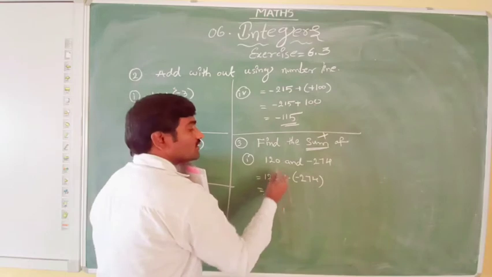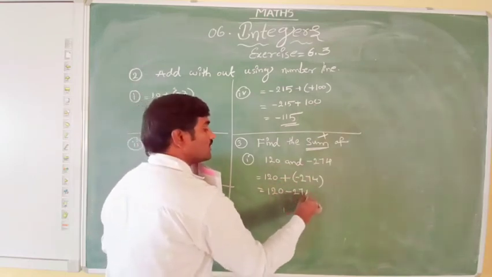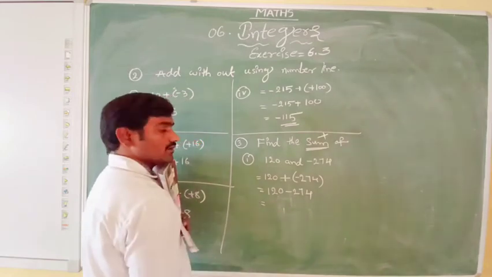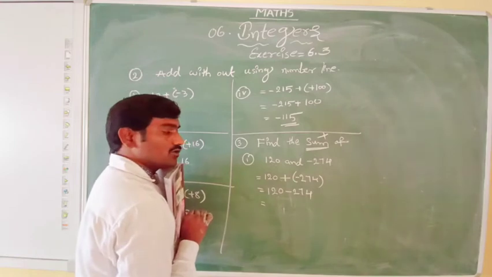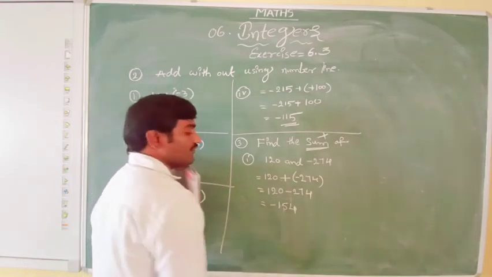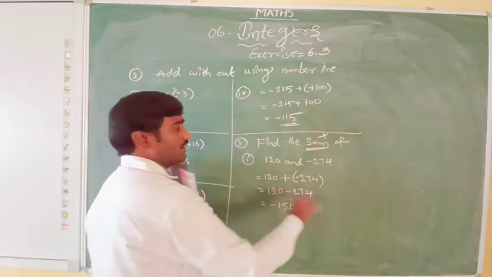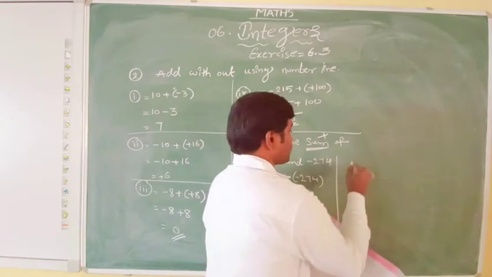Okay, these are the given numbers. I am doing sum, plus into minus, minus 274. See that from 120 you subtract 274, it's not possible. So what you will get? Minus 154 you will get as the answer. Same again, the same kind of problems we are doing, but here given that, do the sum.